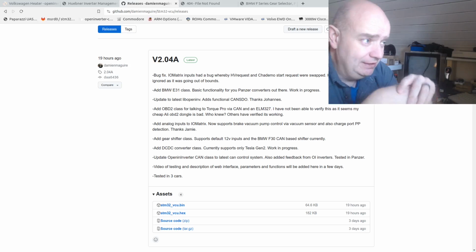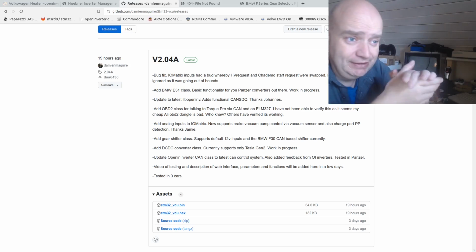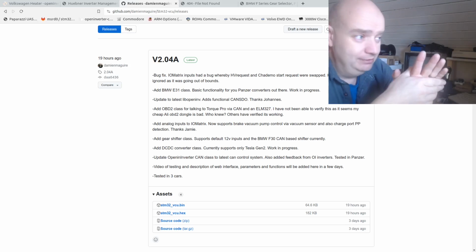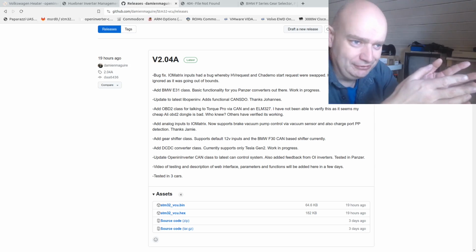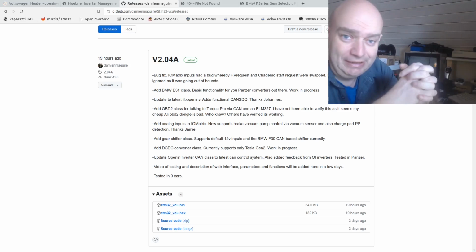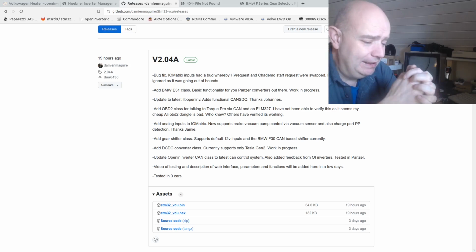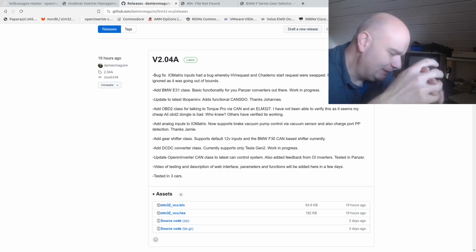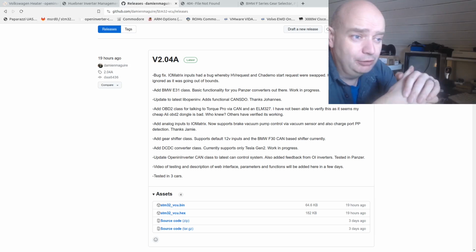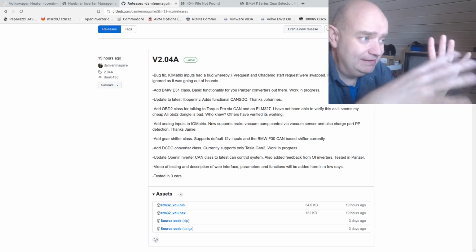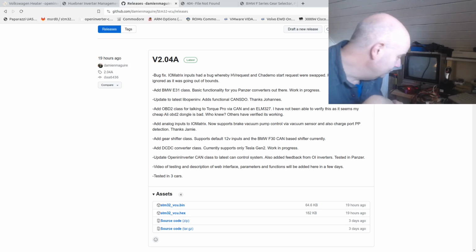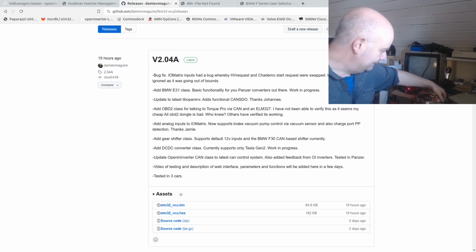OBD2 was particularly exciting, an addition from another user. I apologize, I've forgotten your name, but it's in the GitHub history there, so thank you very much for that. What that does is it basically lets you use Torque Pro to have a dash and to display info from the VCU using one of these ELM